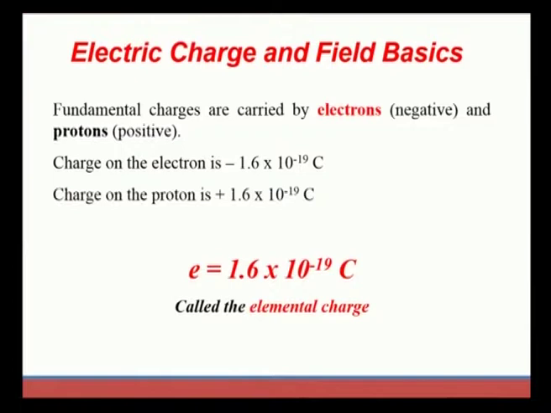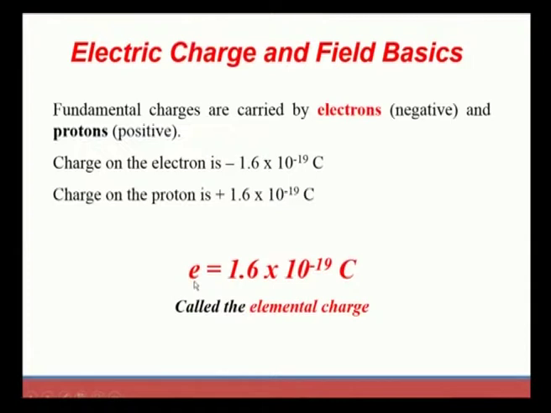Next, the basic thing that we need to carry forward is that the charge is 1.6 × 10^-19 coulombs, where the minus sign indicates an electron and the plus sign indicates a proton, and e is called the elemental charge. Wherever we write e, or else Q, it represents an elemental charge, because for deriving equations we always consider this elemental charge as a reference.